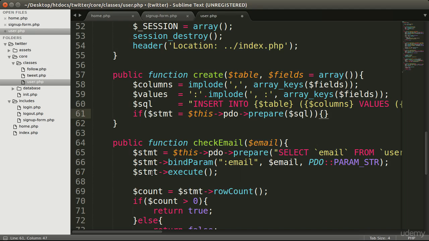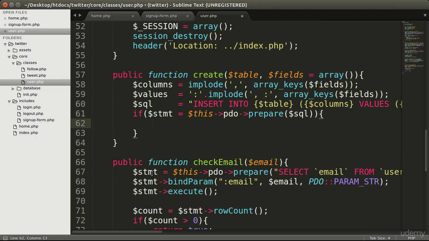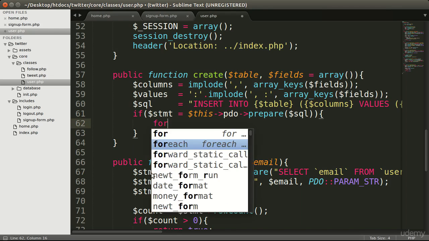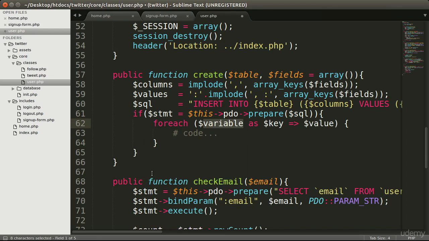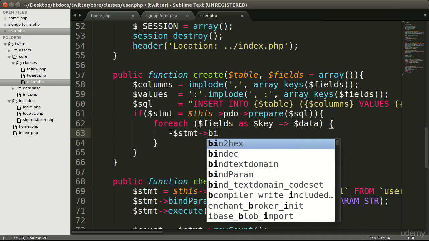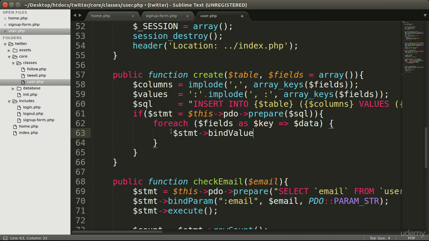So when our SQL variable is set, then you need to create a foreach loop to get the fields variable to bind. So create a foreach loop, and here will be our fields array, and we need to get as data, and this key variable will be our index name for our array, which will be our column name. And here we need to bind our variables. So statement bind value,